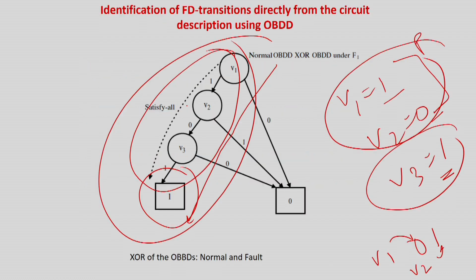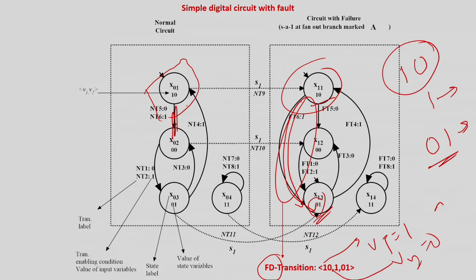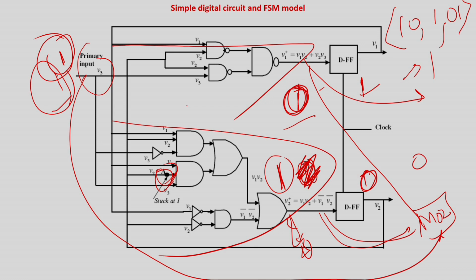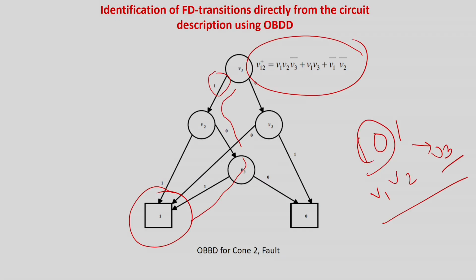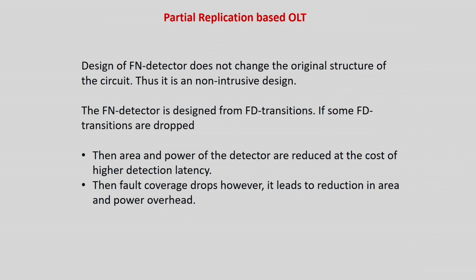But it will not tell you what the outputs of the circuit are corresponding to that FD transition condition. For that, you simply have to apply these state values, like in this case 1, 0, and the primary input, and it will get the error value, that is 0 and a 1. Using this, you can avoid state space complexity, and still you can design your FN detector circuit, which will be an online tester to the system. In this example, I have shown you a case of a fault in which there is only one FD transition and you design it. But it will not always be the case. As a simple example I will tell you.